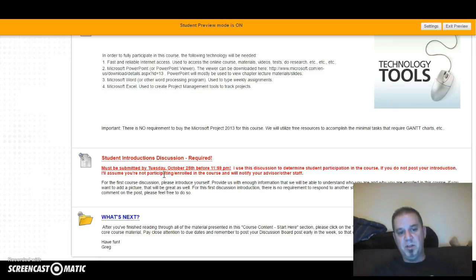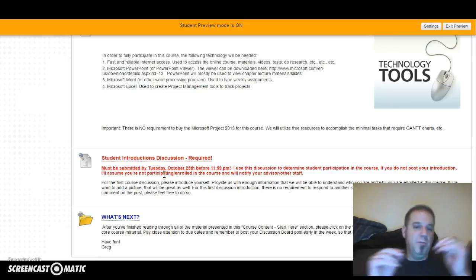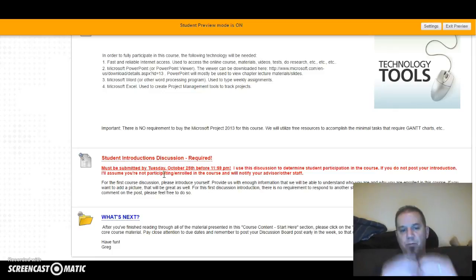Give us enough information so that we get a picture of who you are, what you like, where you work, where you live, where you play, what your hobbies are, and if you have children, what you like to do as a family, anything that will give us a good picture of you. You can do this in 2 ways, because I think it's important to be able to put a face to the name in the class. If you can post a picture with this as well, that's great. Or you can record a video and put your video in this area as your discussion intro post. That's fine as well. I know some people like video.